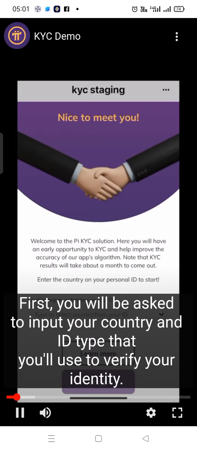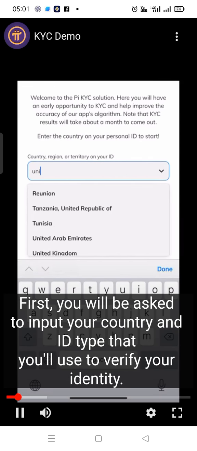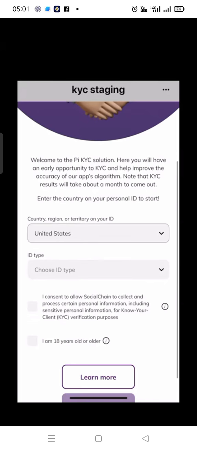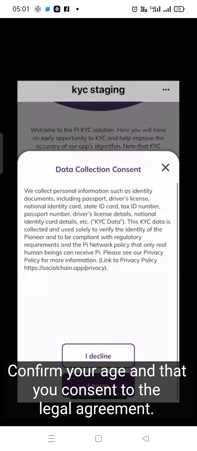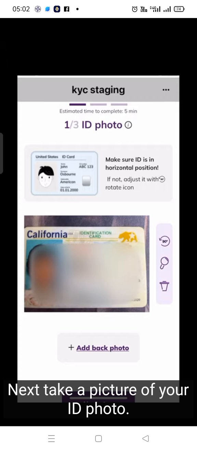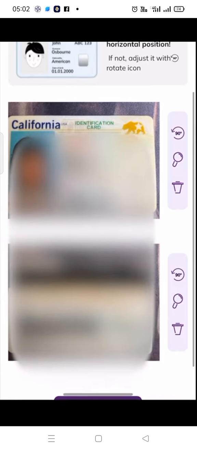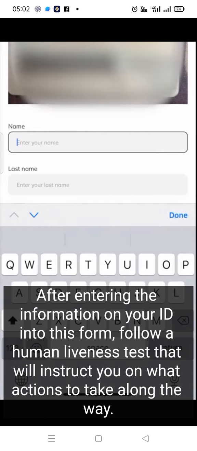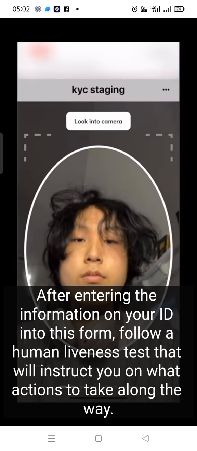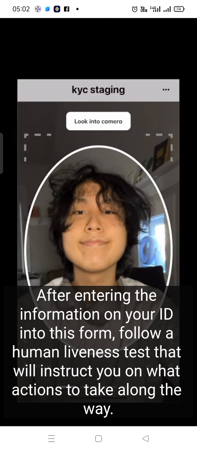validators in your region. First, you will be asked to input your country and ID type that you'll use to verify your identity. Confirm your age and that you consent to the legal agreement. Next, take a picture of your ID photo. After entering the information on your ID into this form, follow a human liveness test that will instruct you on